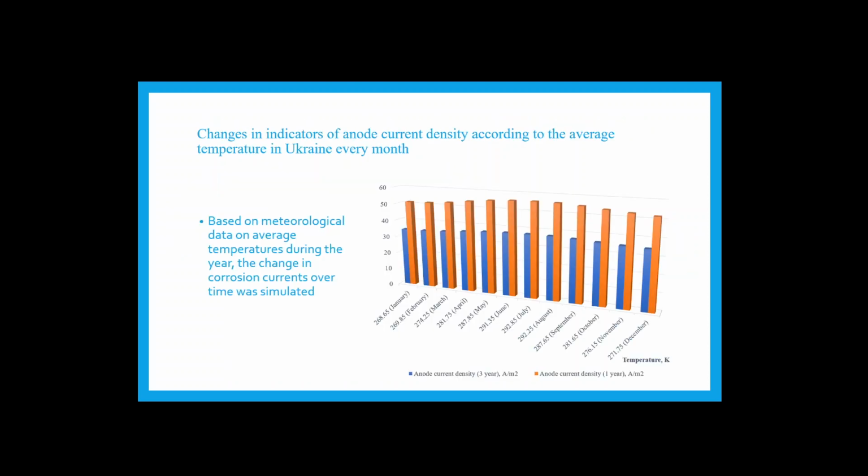Since Ukraine is in a temperate climate, there is an average temperature change of 279 Kelvin in the winter period and 294 Kelvin in the summer period. This temperature change causes the defects to increase due to the change of state. As you can see here, we have the difference value, and depending on the month it can be changed for each month. It's related to the average temperature.